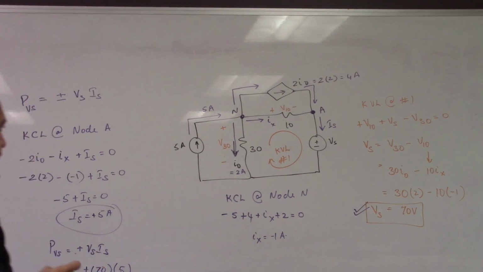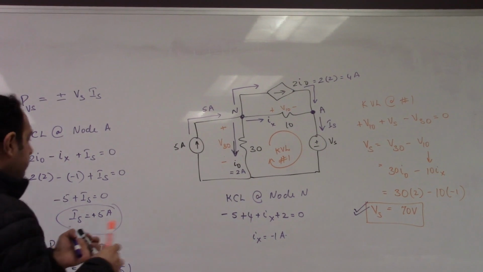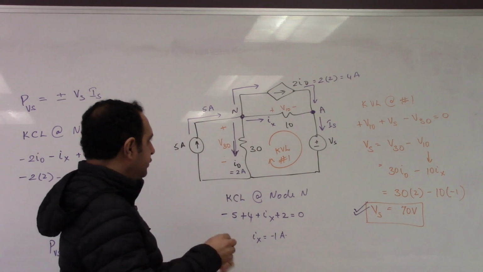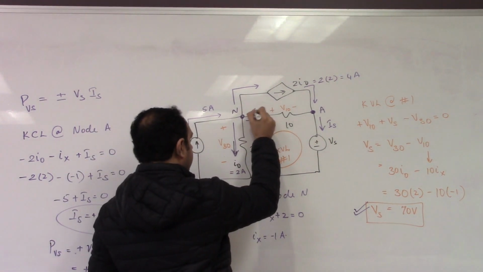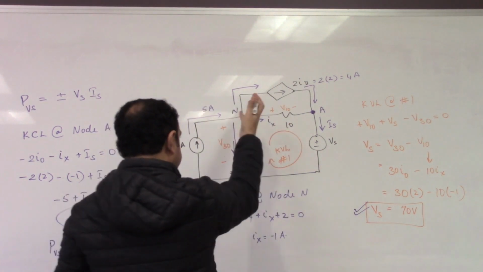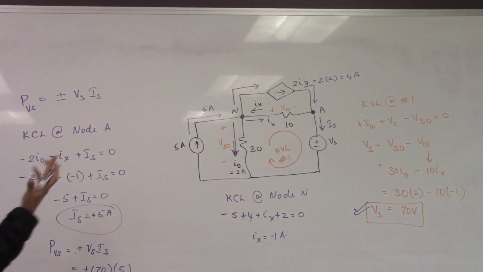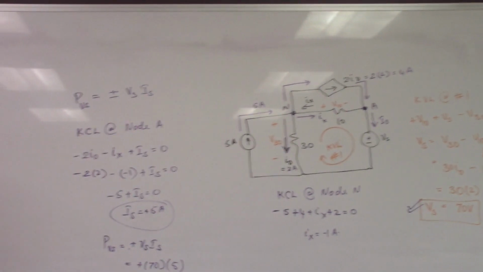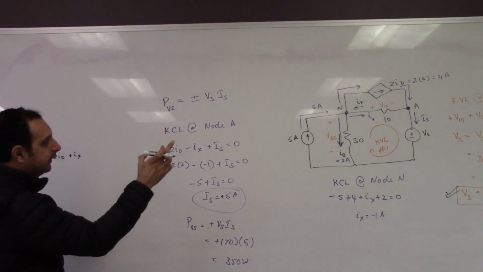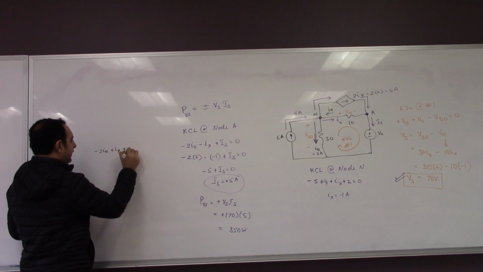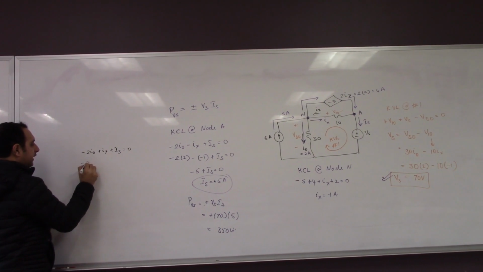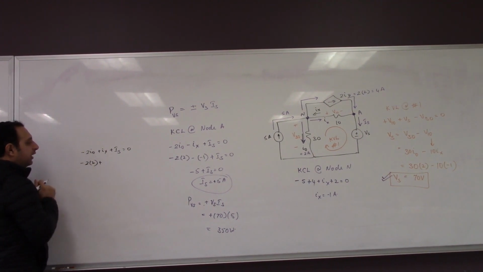All right. So coming to your question. This current, as you mentioned, because we got a negative answer, the true direction of the current is like that, right? So if I'm going to write a KCL equation with the true direction, then this is what I'll get. Negative 2 I naught because it's entering the node, plus Ix, and then you have plus Is is equals to 0. We agree, right? This is equals to negative 2 times 2 plus,